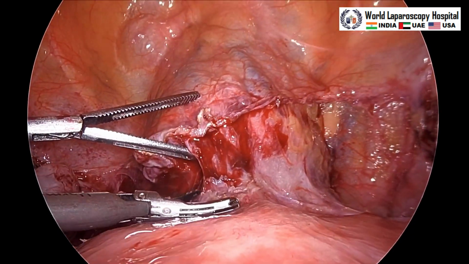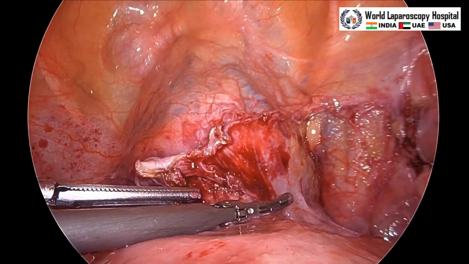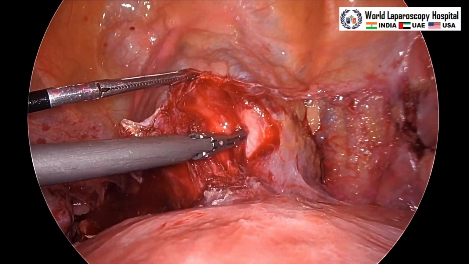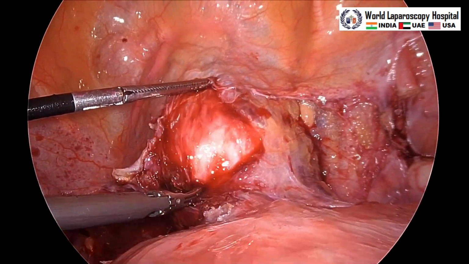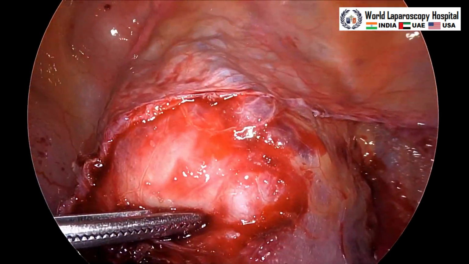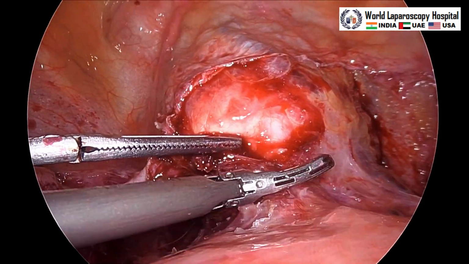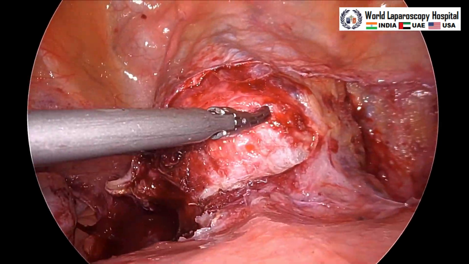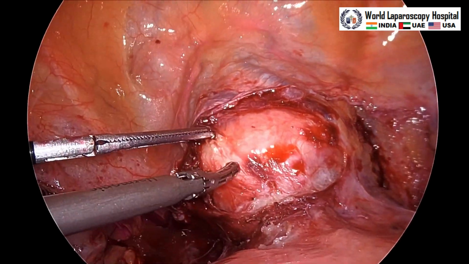Now there are a few adhesions on the bladder anteriorly. At the level of the UV fold, this is the harmonic which is separating the bladder a little bit, and now the bladder will be separated. Sometimes if there is a previous cesarean section, this type of adhesion may be found, and then you can make a lateral window and separate the bladder pillar. So this is separation of the bladder from the pearly white vaginal fascia with the crisscross pattern, and then